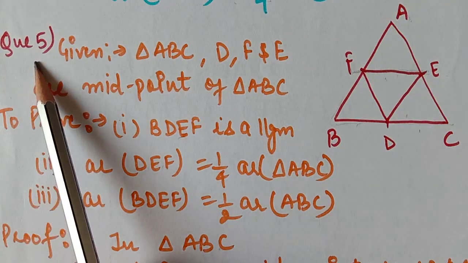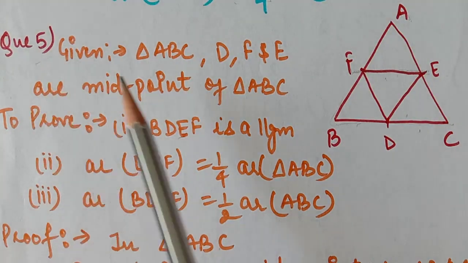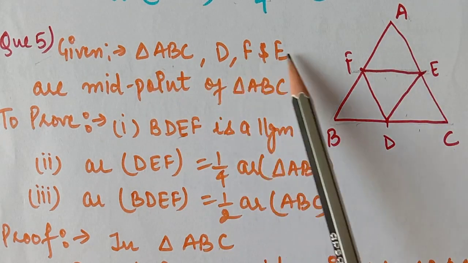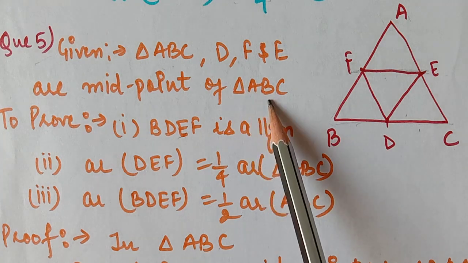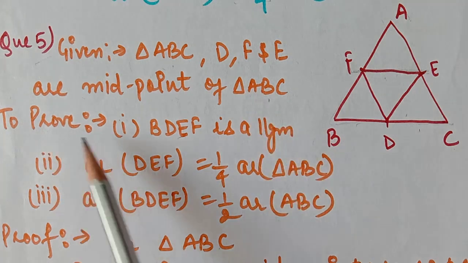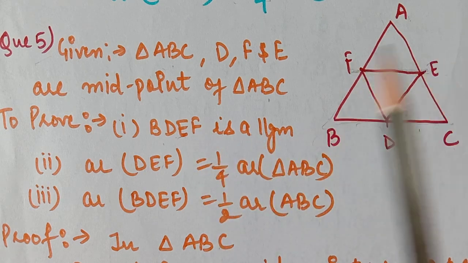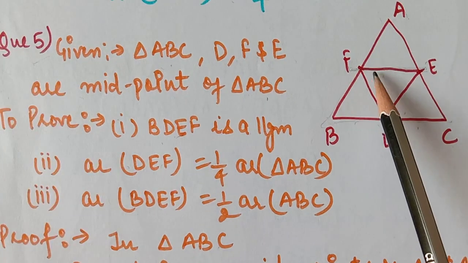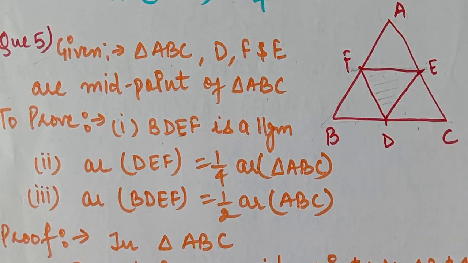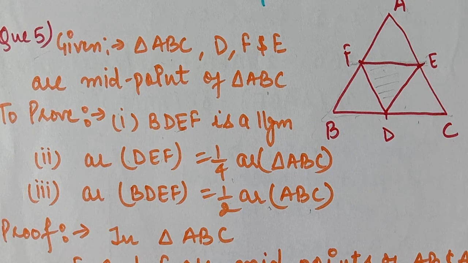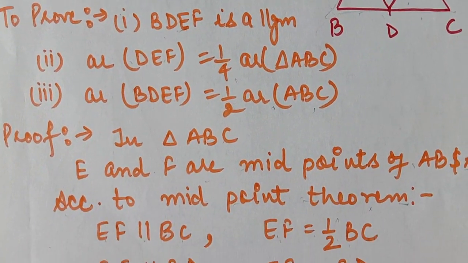Question number 5 from exercise 9.3 is the most important question. In this question, what is given to us? A triangle ABC is given. D, E, F are the midpoints of the sides of triangle ABC. We have to prove, first, that BDEF is a parallelogram. Second, area of DEF is 1/4 of the triangle ABC. And third, area of BDEF is half of the area of ABC. For this we will start our proof: in triangle ABC,